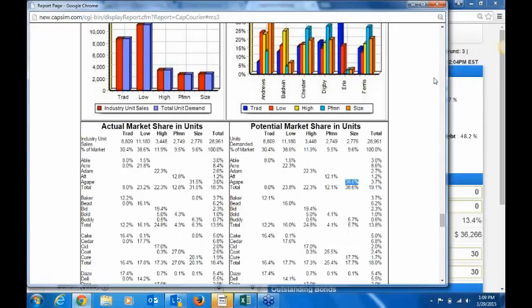Now, another way, and I'm going to give some insight as to why this method could be better than the ones I just mentioned. One, we understand the weakness of the actual: it just happened to be what did occur, not necessarily what may occur moving forward. And the potential market share simply provides what occurred over the past 12 months. A lot of times in the simulation, things will change. In fact, more often than not, they're going to change.